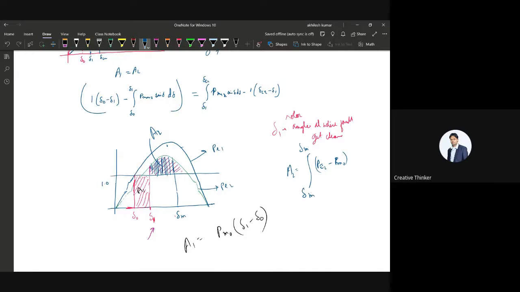Now another question is an extension of this same question. That's question number 6. It says let the fault not be cleared at 3 cycles. It is cleared beyond 3 cycles. So what should be the maximum clearance time so that the machine is stable? That you have to find.